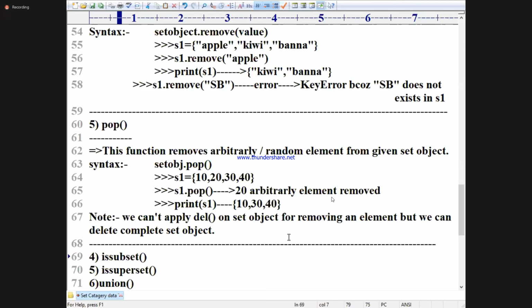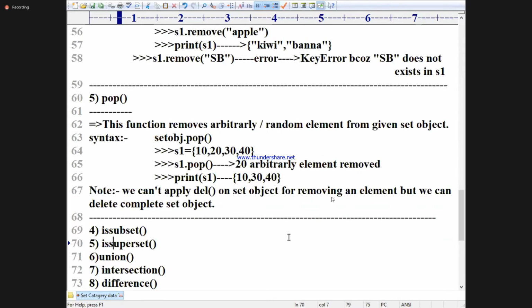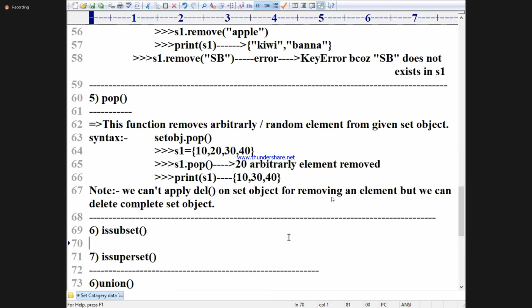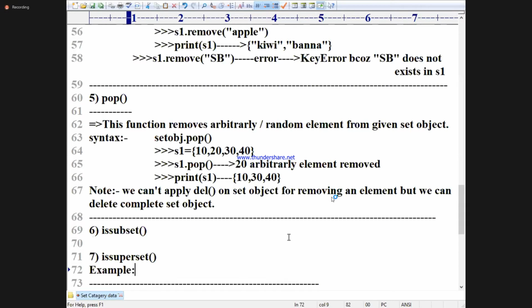Okay? Right. Let us come to subset and superset. I want to discuss them at a time, six and seven. First listen to the concept, observe the practical example, then we will go for it. You can understand that part easily, not difficult at all. After writing both of them, I will give a combined example.